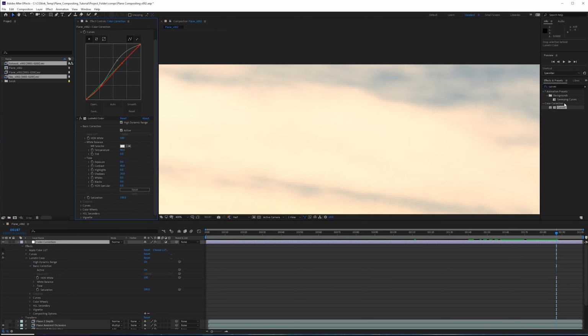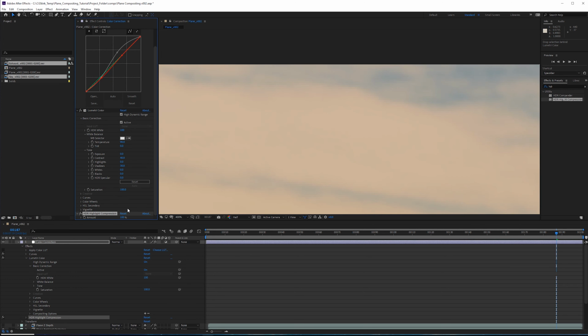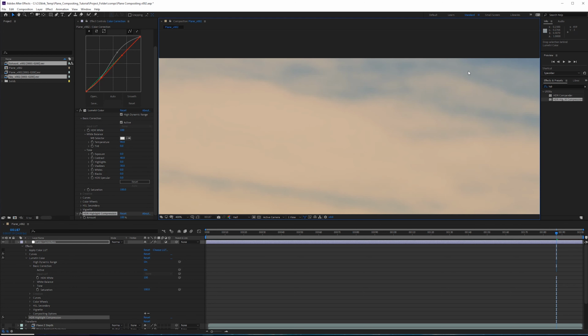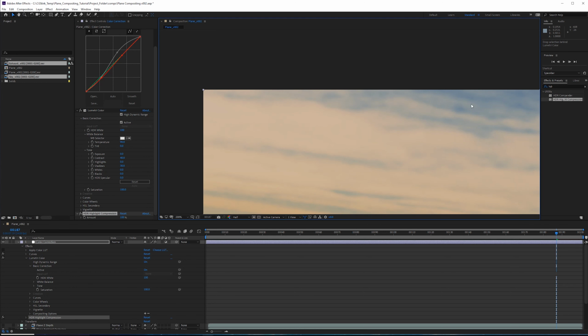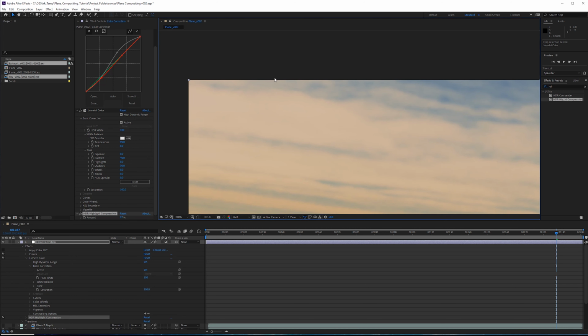and we're going to either lower the brightness of the curves, or we can use another effect called the HDR highlight compression. The HDR highlight compression is a way of tone mapping high dynamic range values to low dynamic range values, or HDR to LDR. So in this case, it tries to make sure there's nothing that's going to clip, which it does, but it makes the image look very gray.